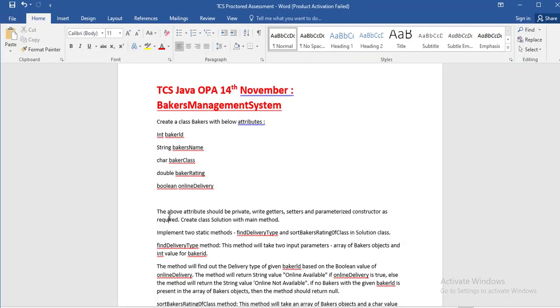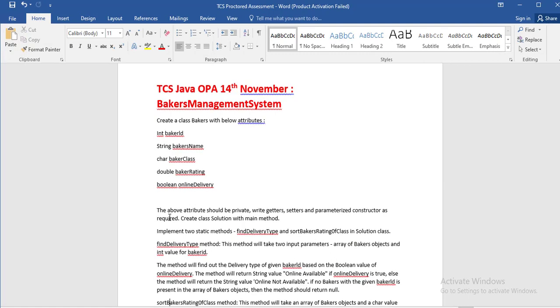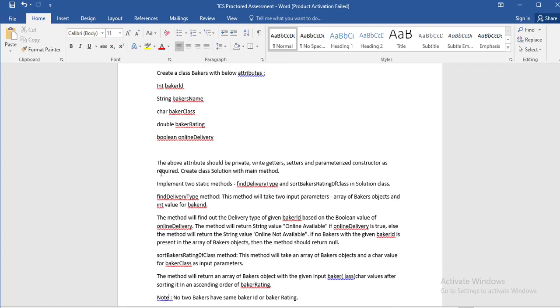If you read this assessment once carefully, here you can see that setter and getter methods create a class solution with main method, implement two static methods, find delivery type and sort baker's rating of class in solution class. So inside solution class you have to write these two methods. Okay, so for that what I'll do,